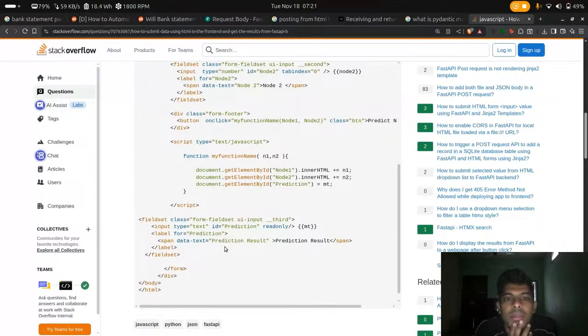There is a JavaScript here. Get function. This is the script. You are going to run that script, is it? Obviously, a script has to be run. On click, we are using my function name. On click, my function name. See,